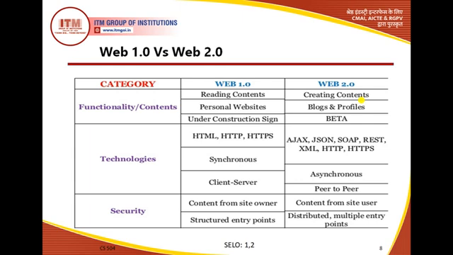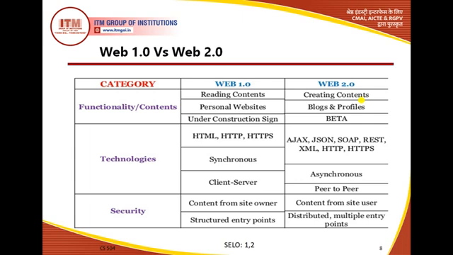But if we talk about Web 2.0, then generally construction errors are not flashed. Even if a particular website is still under construction, a beta sign is generally flashed to notify that certain services or website services are withheld, or currently not available. So for that, the beta sign was flashed.